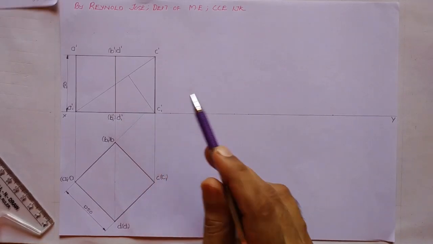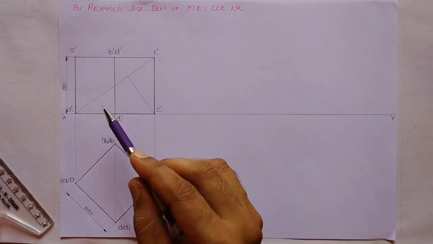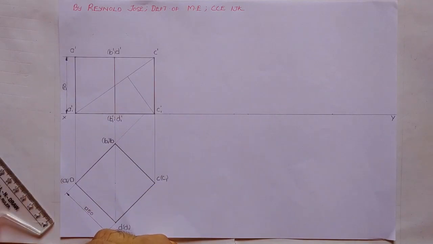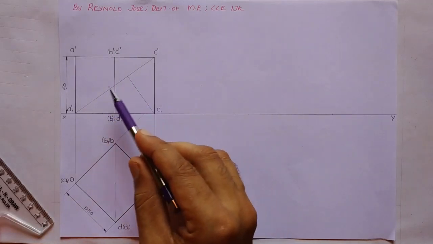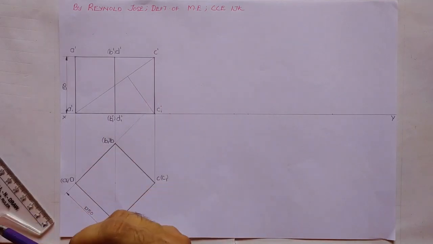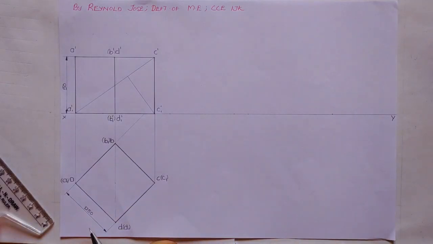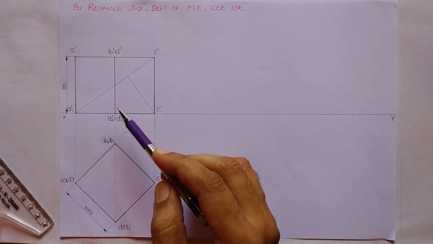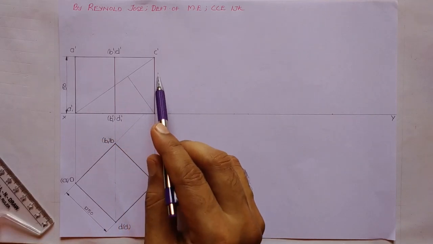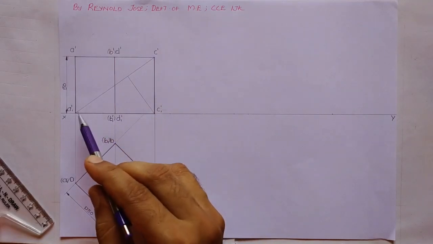After drawing these two lines, first we will make the body diagonal parallel to HP and parallel to VP. That is the first case that we are going to do now. Here we will be reconstructing the front view such that the body diagonal A dash C1 dash is parallel to HP. Parallel to HP means parallel to the XY line in the front view. In order to facilitate this, we are drawing another perpendicular line connecting C1 dash and the body diagonal.